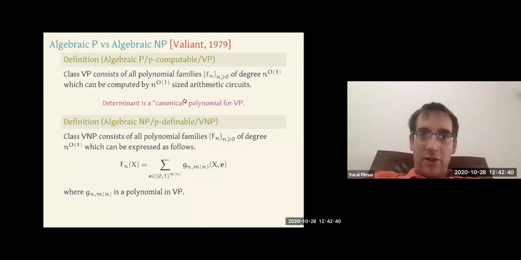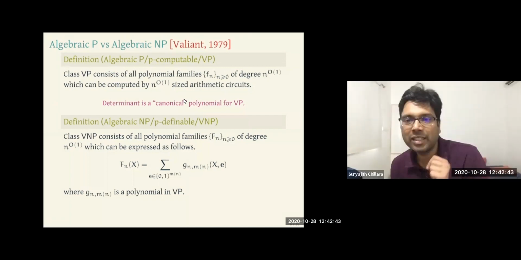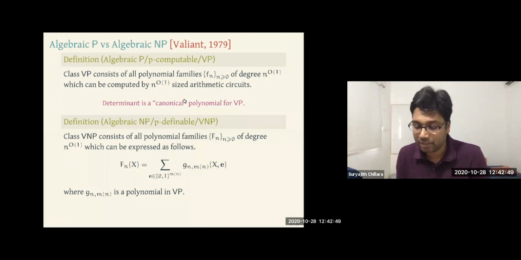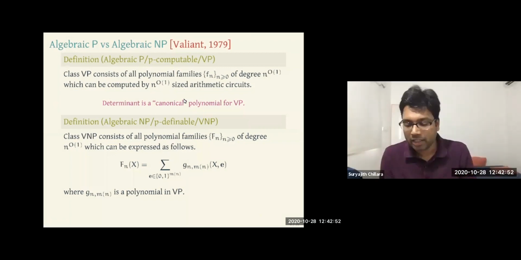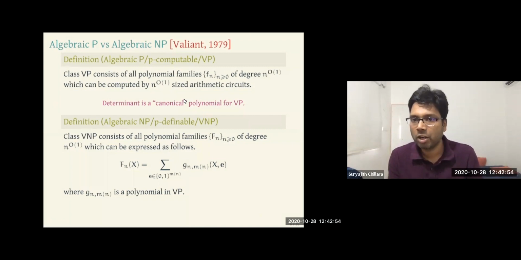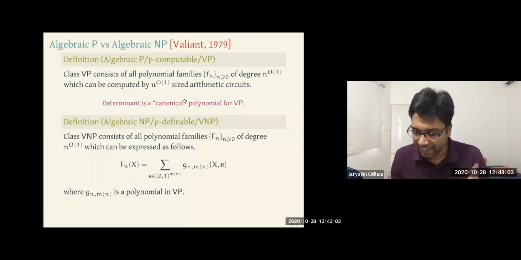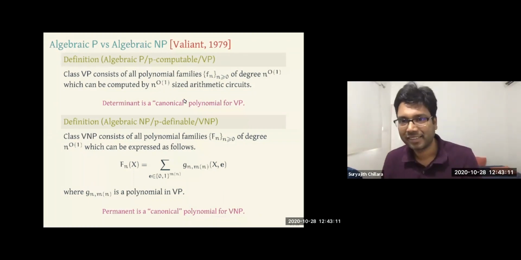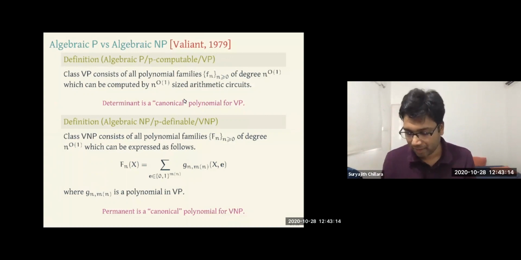So I don't see the field here. So I'm pushing the field under the hood. So for every field, yes. So thanks to you all for making this point. So all these definitions are field dependent, since polynomials are based on a field or a ring. So these definitions are also field dependent. So that actually brings me to the point: permanent is the canonical problem polynomial for VNP except for GF2. So there is an underlying field in these definitions.